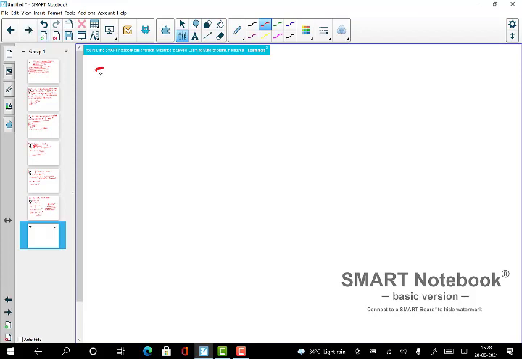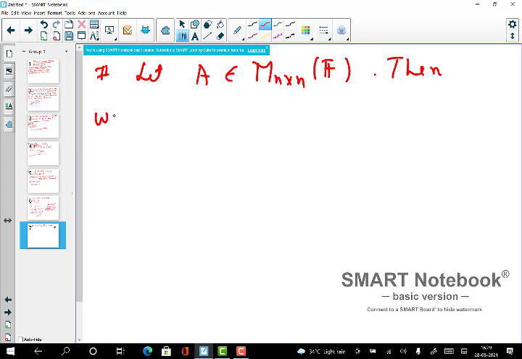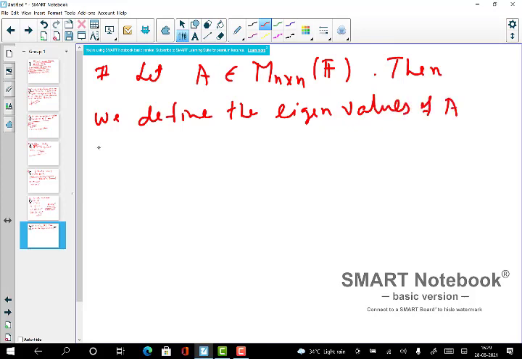So let me define it. Suppose we have a matrix. Let A be an n by n matrix over the same field where the vector space is defined. Then we define the eigenvalues of A by